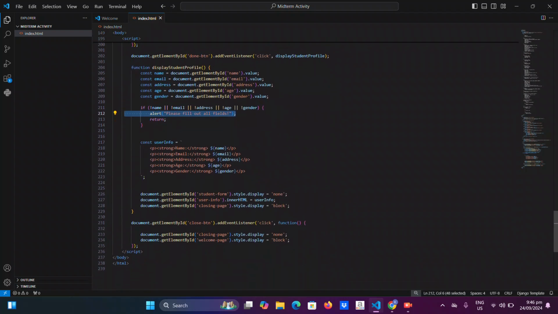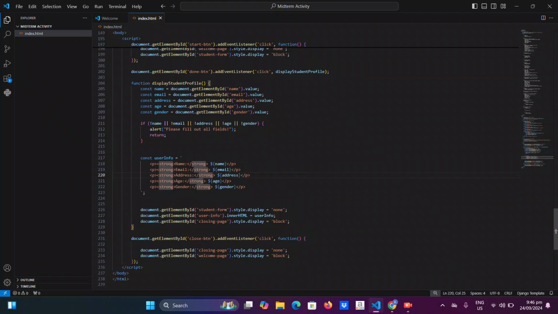So after that, this one creates a string user info containing the entered information formatted in the HTML form or the form container above.